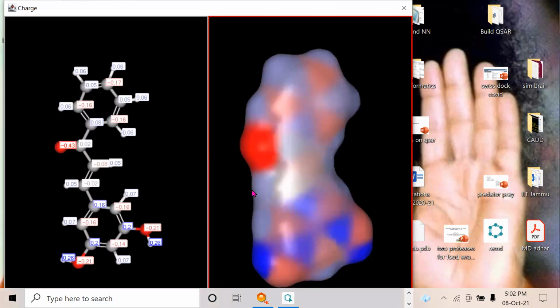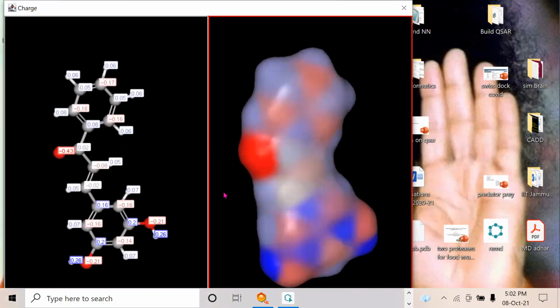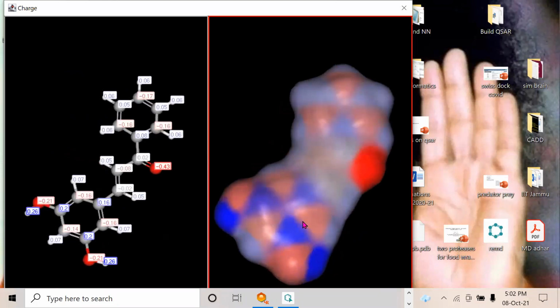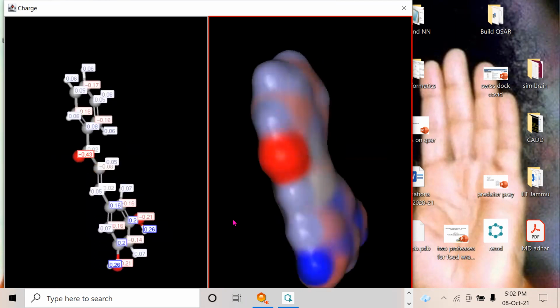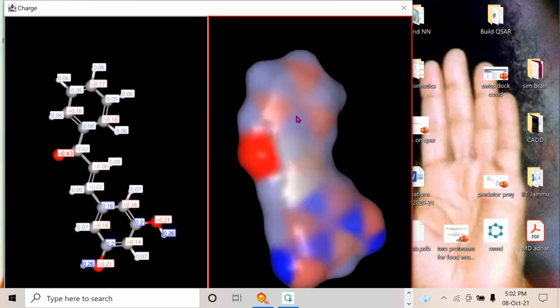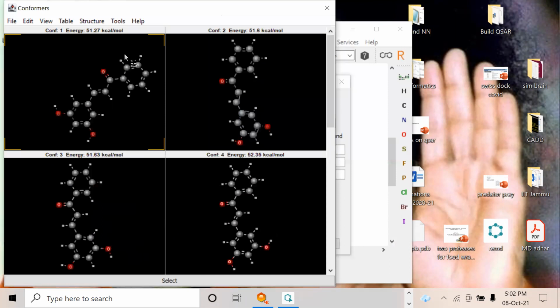Yeah, so it gives you the charge distribution of the molecule. So negative oxygen is there, no? So you can see the negative here, red color, blue is carbon. So it gives you charge distribution of the molecule. Numbers also are given here. Charge localization. Then it can do